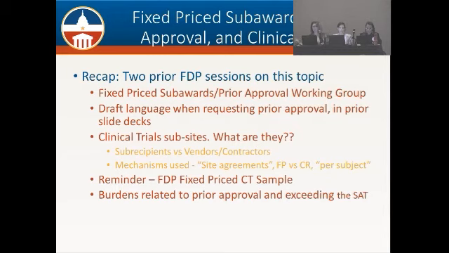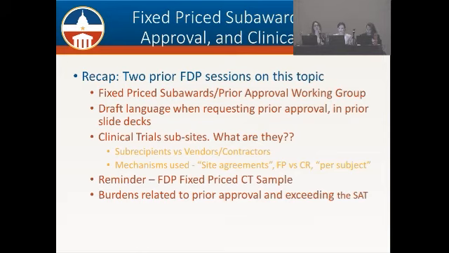So remember, about a year and a half ago, this stemmed from the fact that NIH used to waive the prior approval requirement for any dollar amount for a fixed price subaward per an FAQ that they had pertaining to the uniform guidance. And then they took that away, as well as all the federal agencies, under the direction of OMB, that they had to request prior approval for any dollar amount of a fixed price subaward up to the simplified acquisition threshold. And we're going to get to the SAT in a minute. So as a result of that,